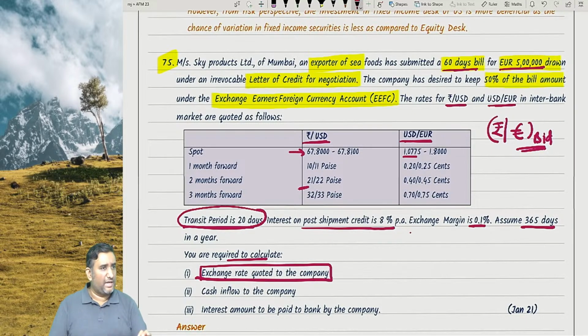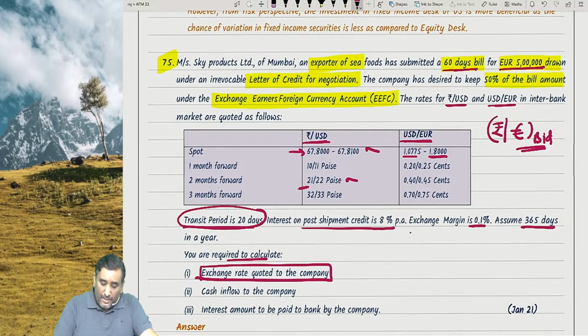This question was a slightly different way of doing it, using my spot rate and 2 months forward rate. 2 months swap points are given. Can I calculate the forward rate? Yes. Similarly, assuming these are correct only, because you have no choice, using this and this, can you calculate the rate? Yes. Now actually before I move forward to do the question or show you the answer,